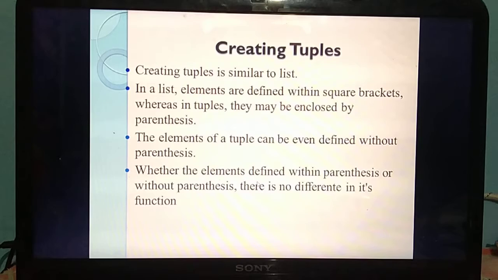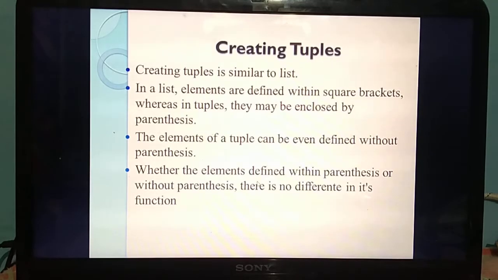In a list you enclose within square brackets, but here you need to enclose within parentheses. One more point: you can also define the elements in the tuple without the parentheses. If you are not giving the parentheses, the program will still consider the value as a tuple.